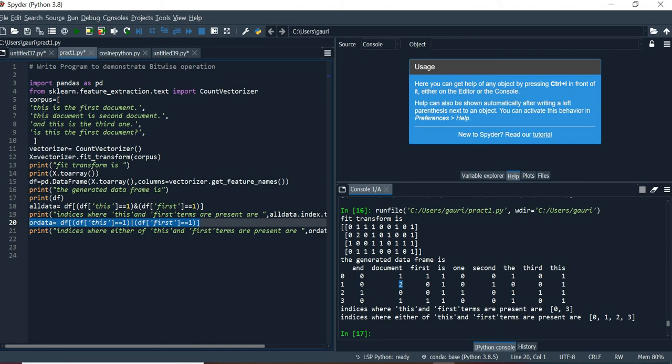Then the second sentence consists of this. The third one again consists of this, and the fourth one consists of this and first. So you have to write the index numbers. Index numbers start from 0, 1, 2, 3. So all sentences consist of either this word or the first word. So my output says that indices where either of these terms, this and first, are present are 0, 1, 2, 3.